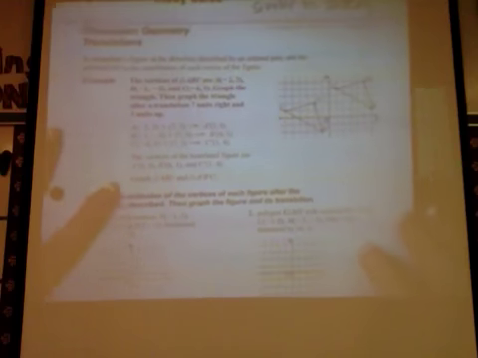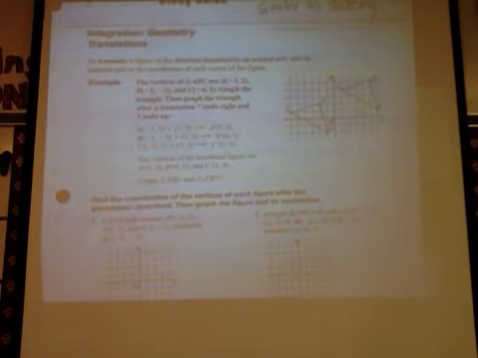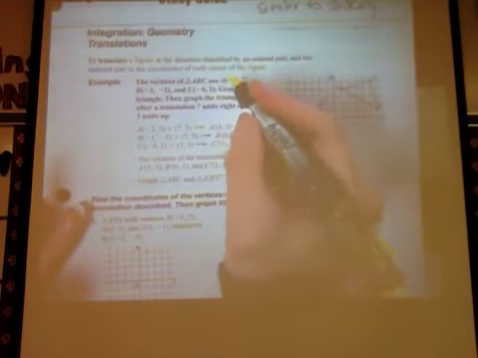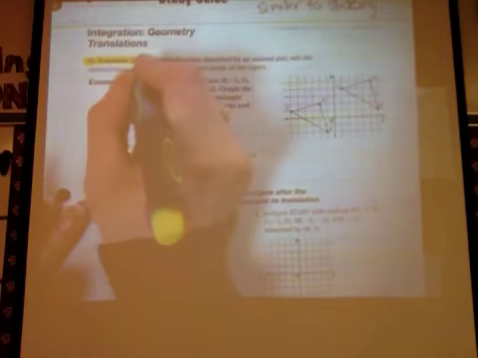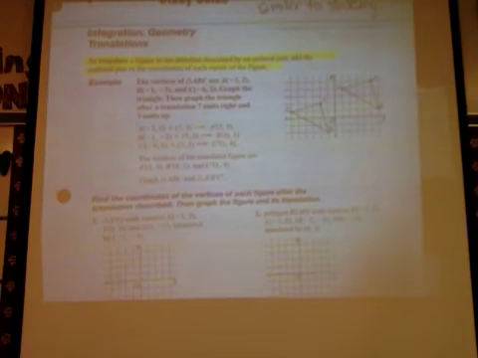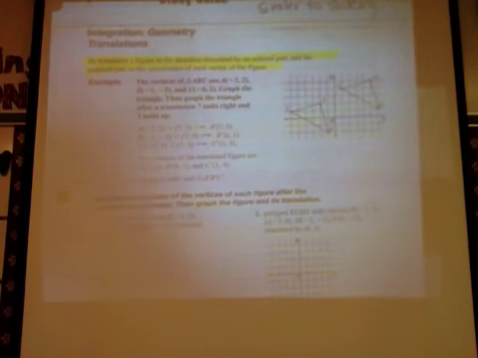Alrighty, let's look at our example. Here's our definition. It says to translate, not our definition, our rule. I'm sorry, I misspoke. To translate a figure in the direction described by an ordered pair, add the ordered pair to the coordinates of each vertex. Basically what that means is you're going to take the original ordered pair, add the ordered pair amount of the translation, okay, and it gets you your new point. So in the first example,